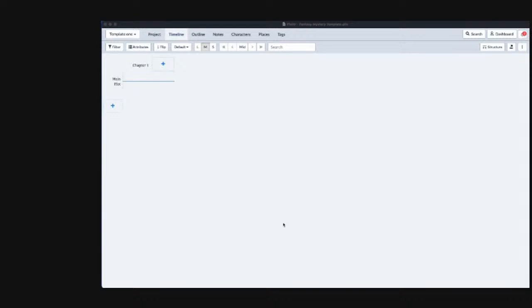So to get started, I like to work from a clean project. So here's a blank project with nothing else in it. I can start with a base template within Plottr or from anywhere else. For this example,